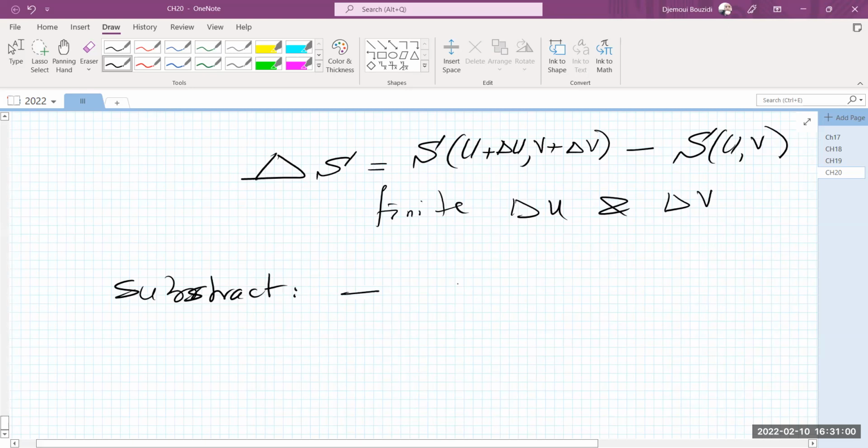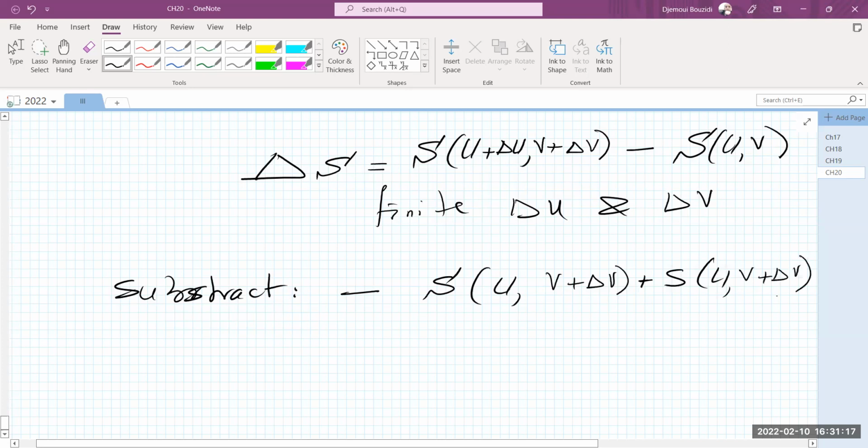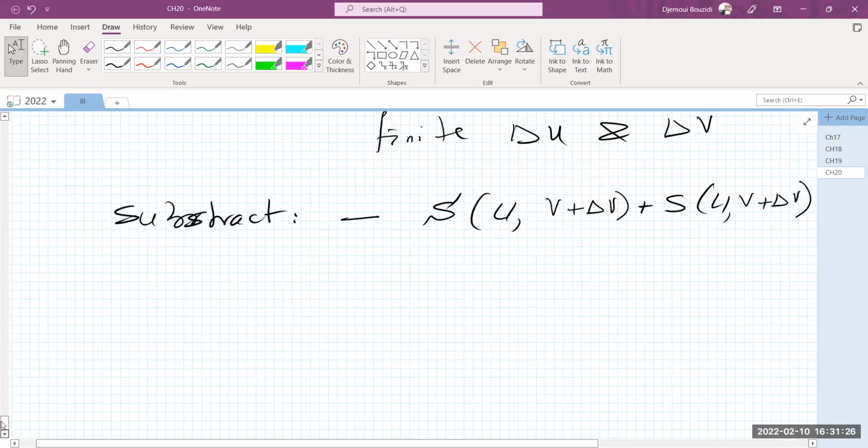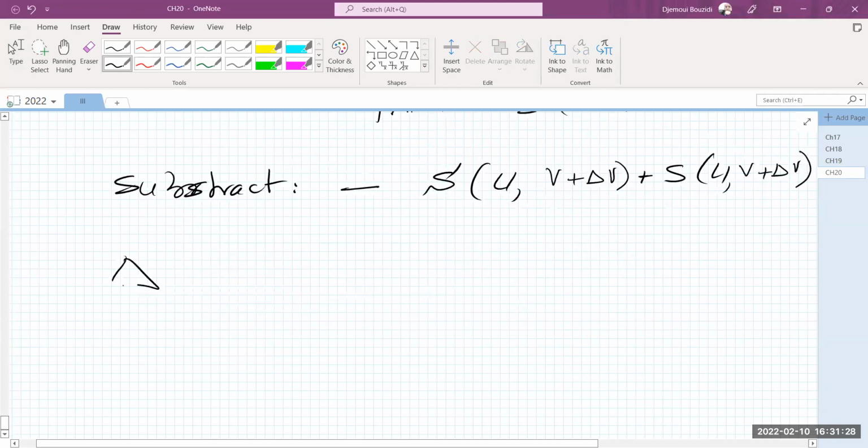So I'm going to subtract S evaluated at U and V plus delta V and add that same number, evaluated at U and V plus delta V. So far, I didn't do anything to this expression. All I'm doing in here is taking this expression and adding this value to it, which is identically 0 at this point. So delta S becomes,